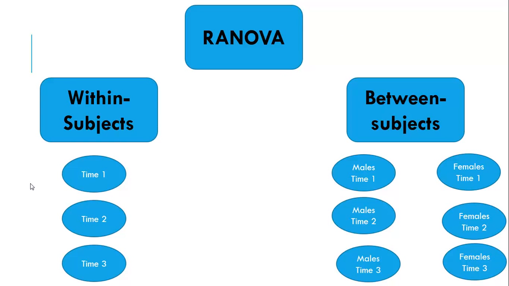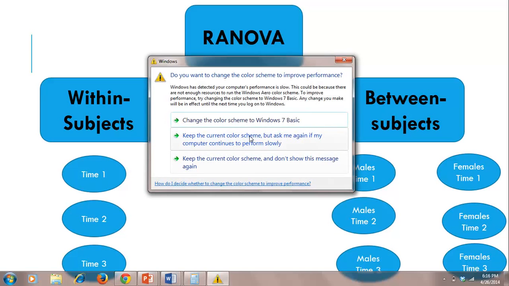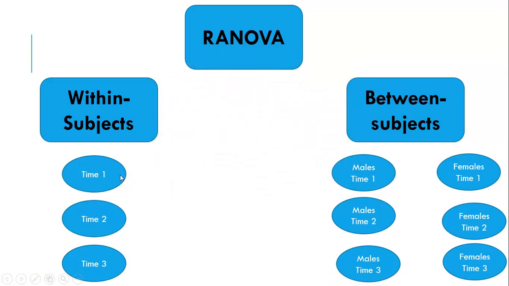So in the repeated measures ANOVA, you have your within subjects, or you can do the mix between within subjects. This one should say mix between within subjects. So for the within subjects, you can repeat a measure. You talk about different occasions. You can measure someone on time 1, and then measure them again on time 2, and then measure them again on time 3. And then here you're just seeing the difference between the 3 different times.